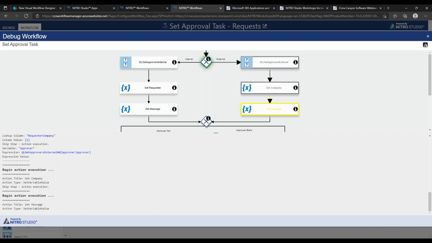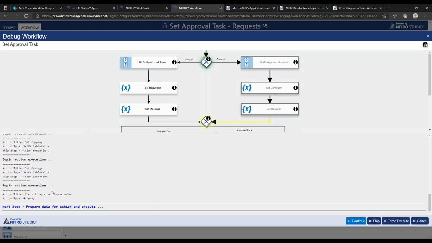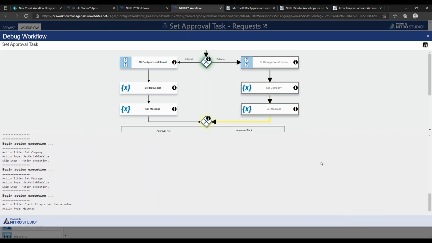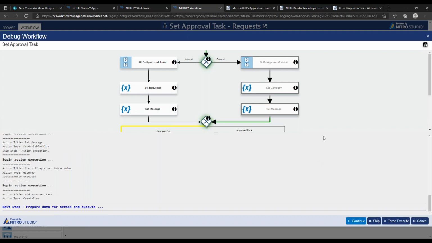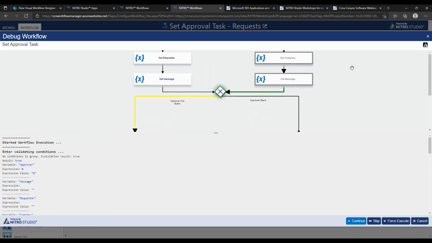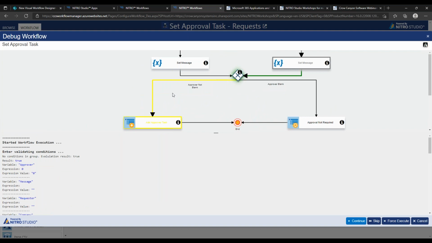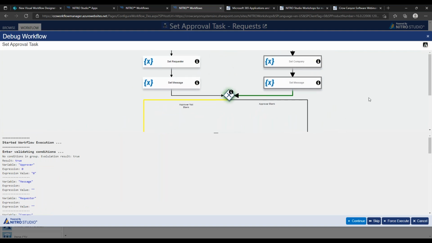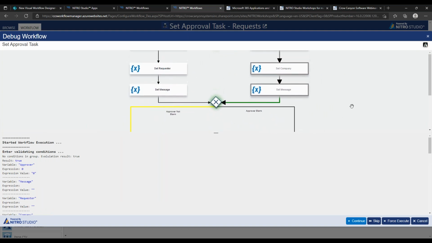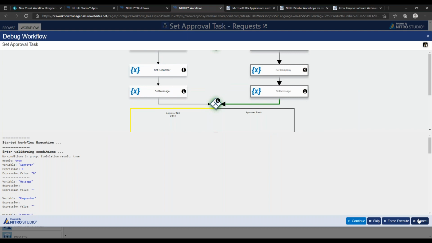You skip it, so these values are not going to be set. It's going to give me wrong information, but that's okay. I just wanted to see where we're going in the process. And you can see here, approver wasn't blank, so it's going that route again. That's fine. So yeah, that's the value of the